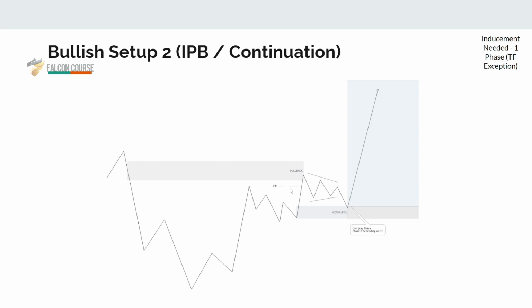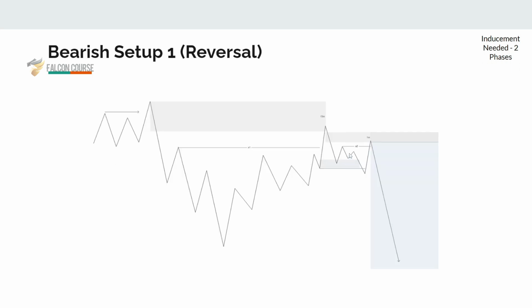But yeah, that's the power and what I call a golden setup of a higher time frame inducement pullback. We can play that 2-phase reversal on a lower time frame here, okay? But yeah, very nice setup, something like this. Targeting that high is also a great partial. Because as supply is now mitigated, you can end up even targeting that to that next inducement level.